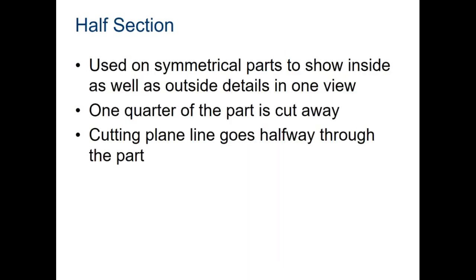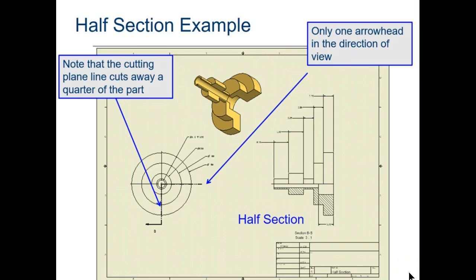Okay. A half section view is used to show just a little segment. A quarter of it is cut away. So in this case, they have the section view cut from the center down and then along the X and Y axis. And so we can see a partial cutaway here. So we can see the orthographic of the shape, and then we see a partial cutaway to see the interior detail. This is useful if you have a part like this where you have a profile that's important and a section that is